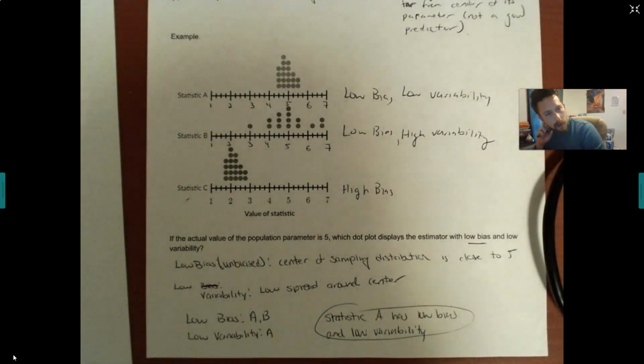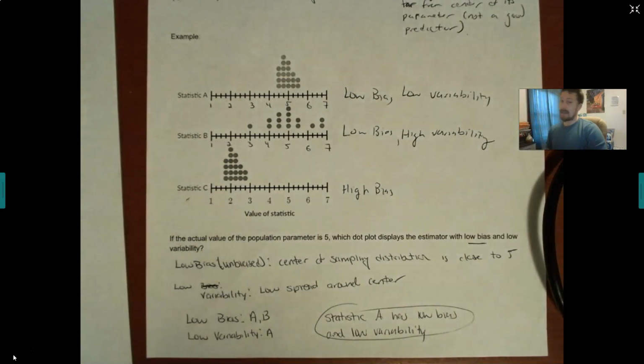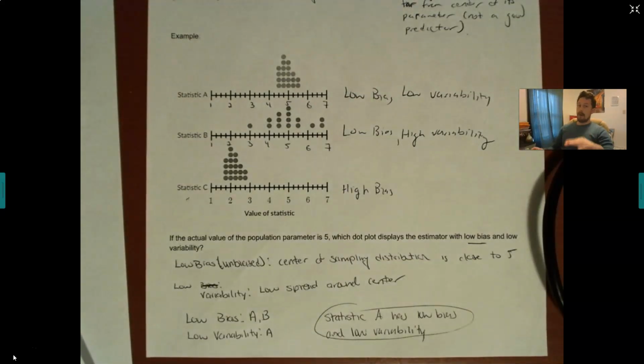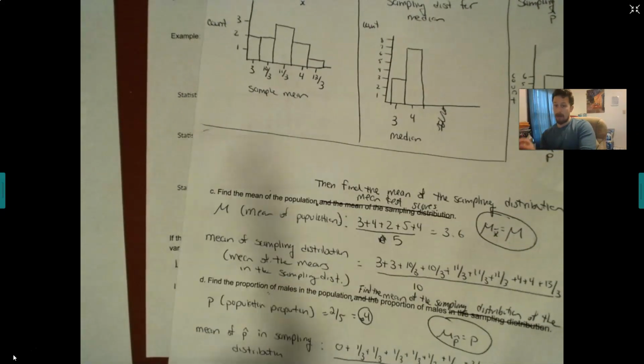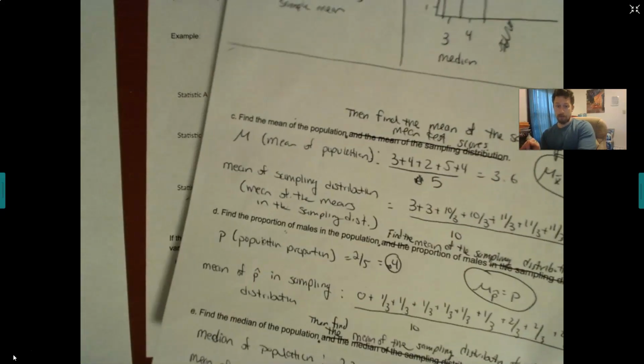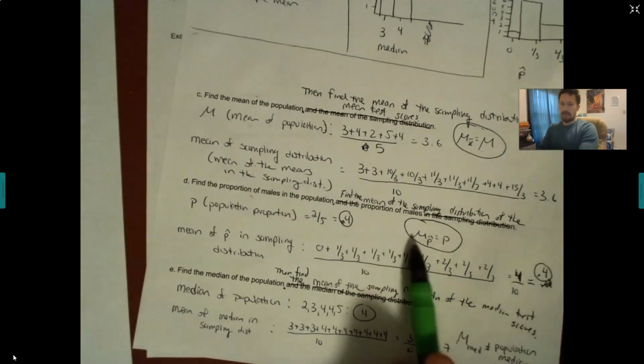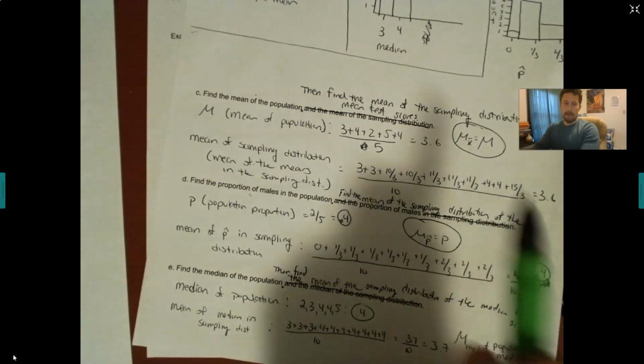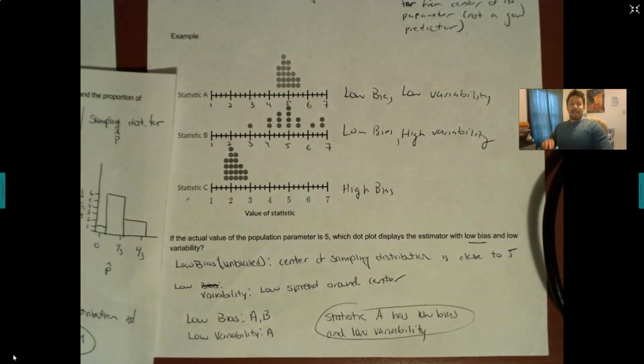So those are just two key terms, bias and variability, that you'll be seeing. But the thing to understand is this is all just about sampling. All right? Which measures are good measures to use when we only have the sample to make a prediction about the population? The measures that are good to use that we've looked at so far out of the 3 are mean and proportion. Okay, and we looked at the reason why. Because on average, it will predict it correctly.